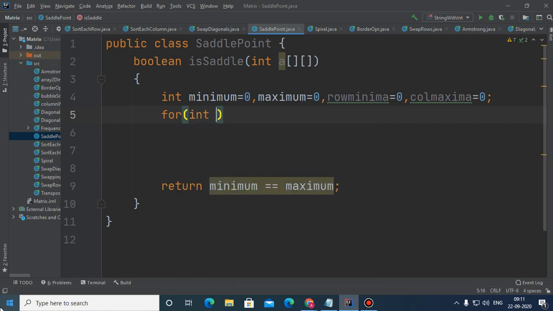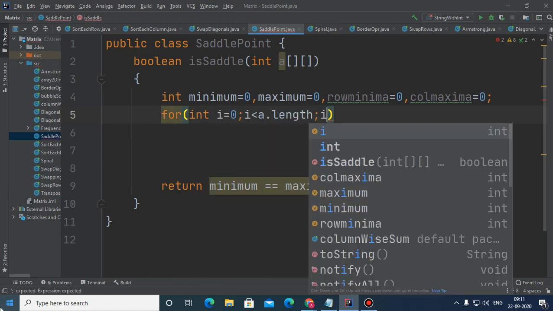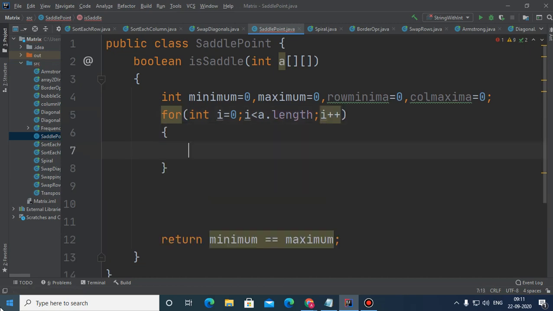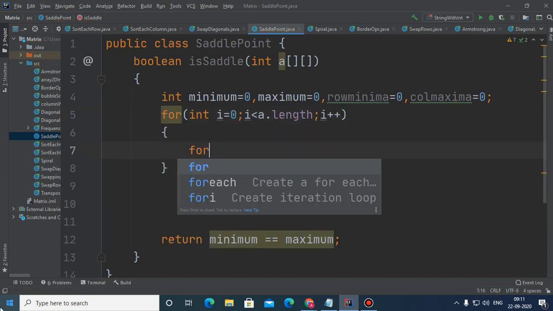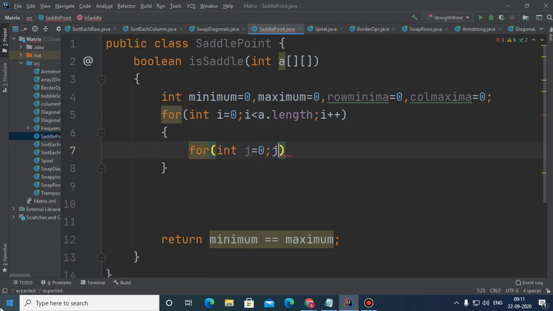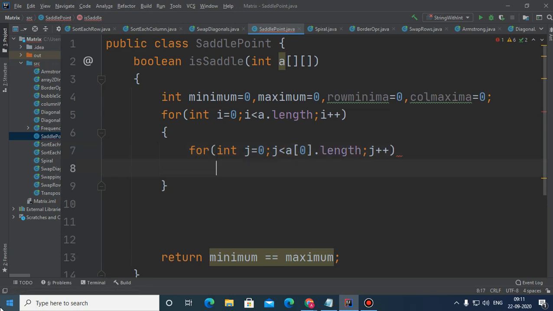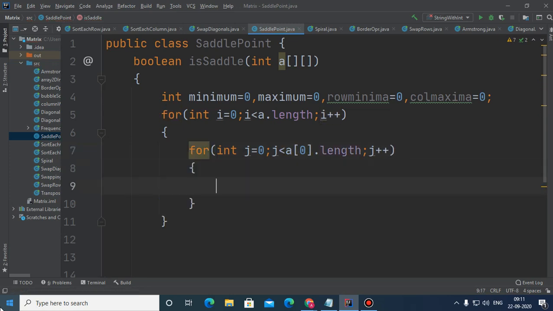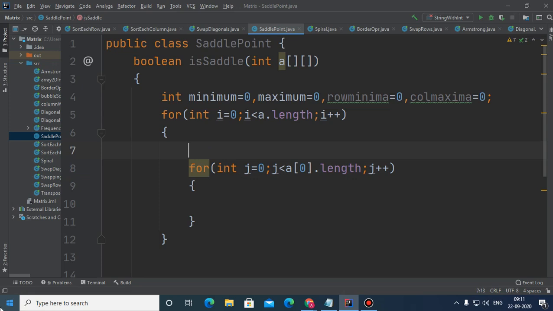So here we need to write a loop, this is for row i, and here another loop which is j, going for column, j++. And here what we need to write is row minima equals a[i][0].